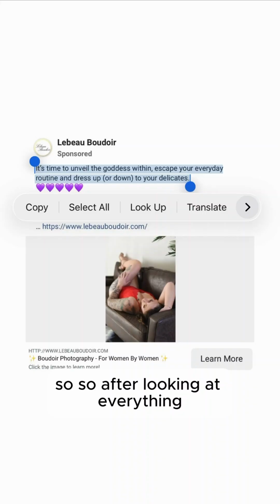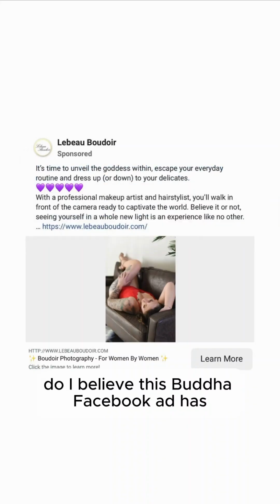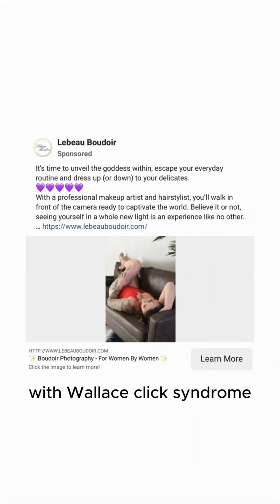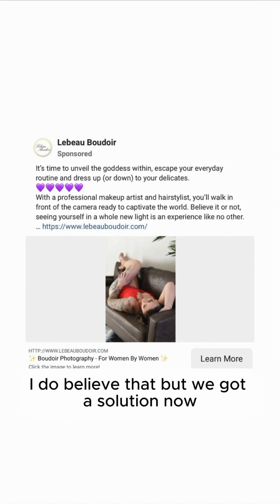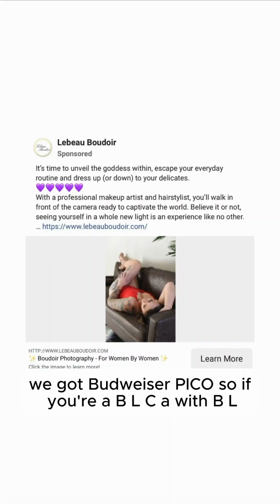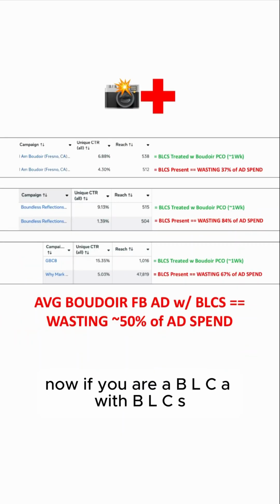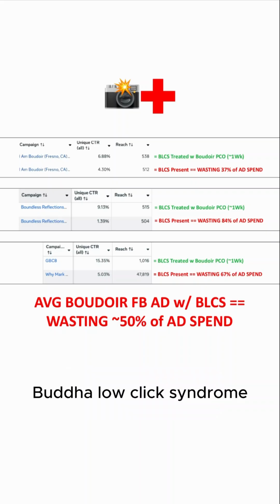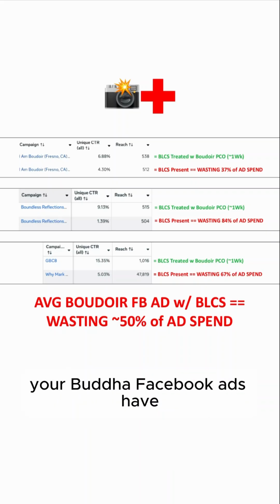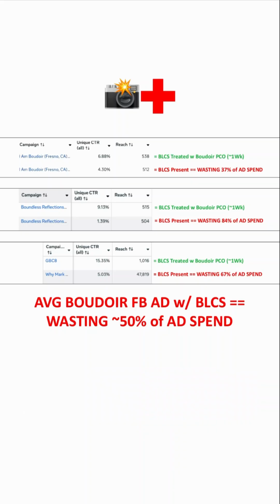So after looking at everything, do I believe this Boudoir Facebook ad has Boudoir low click syndrome, unique CTR all under 6%? Yes, I do believe that. But we got a solution now. We got Boudoir Pico. Now, if you are a BLCA with BLCS, a Boudoir low click advertiser with Boudoir low click syndrome, your Boudoir Facebook ads have a unique CTR all under 6%,